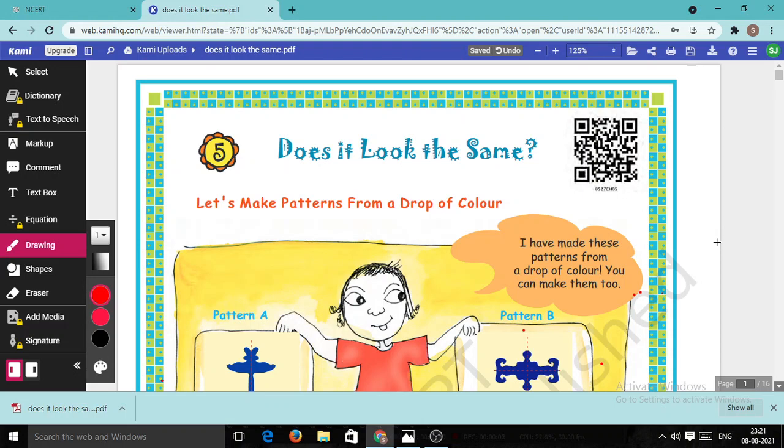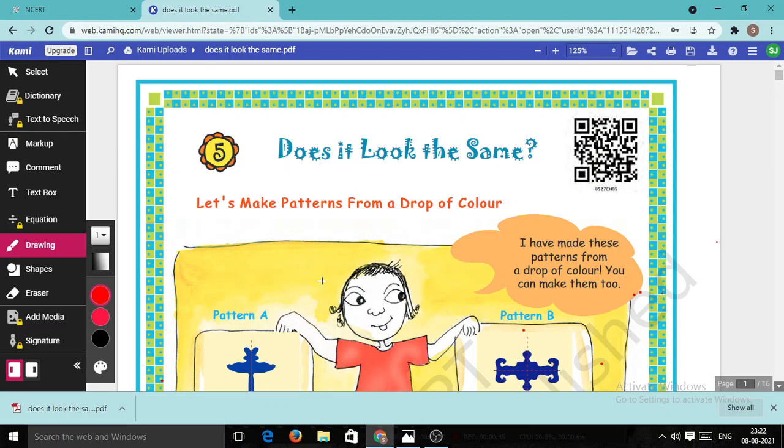In today's lecture, we are going to learn about Chapter 5 of the Class 5 Maths NCERT textbook, that is, Does It Look the Same? It is one of the most important chapters, as we have already studied the first part of this chapter. If you missed it, please go through my channel and you will find part one, in which the mirror half is given to you. The concept is already discussed in a very broad way. Today we are going to learn a few more concepts which are included in this chapter.